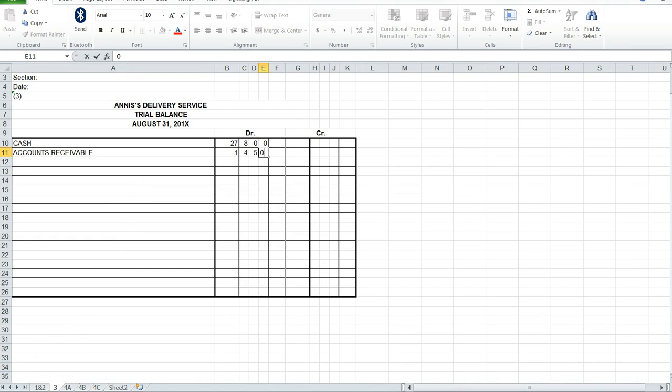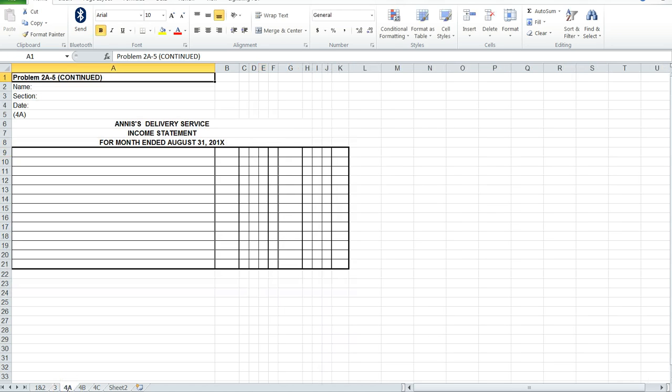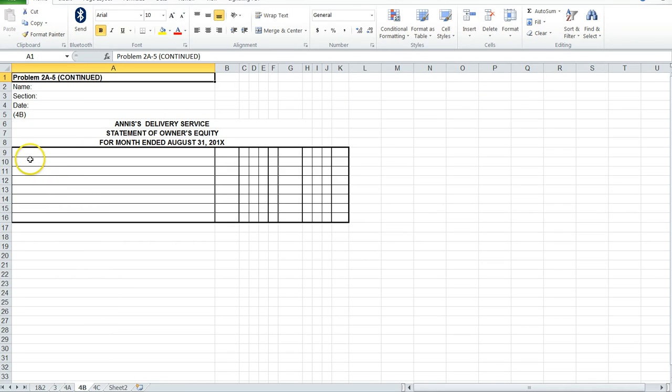And when you're done with the trial balance, you're going to go to this sheet and do your financial statements, the first of which is to do your income statement. The check figure there is $950. $950 is your check figure there. You can jot that down. 950 is your net income. Revenues of 4,000 minus expenses of 3,050. And then you're going to do your owner's equity statement, your beginning owner's equity, plus your net income minus